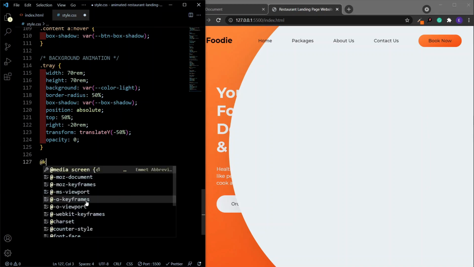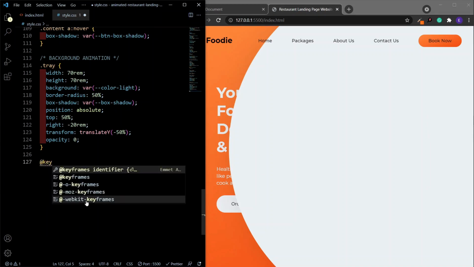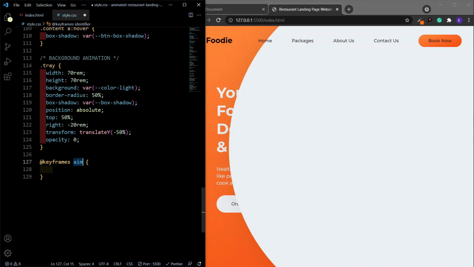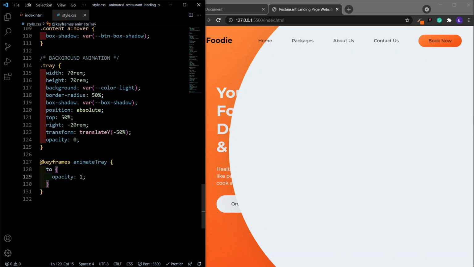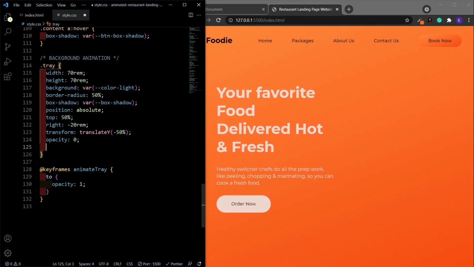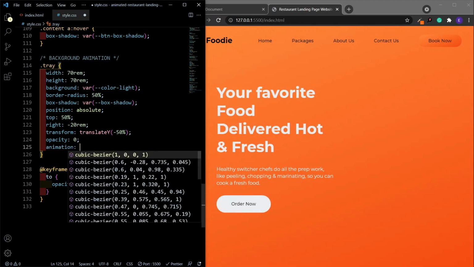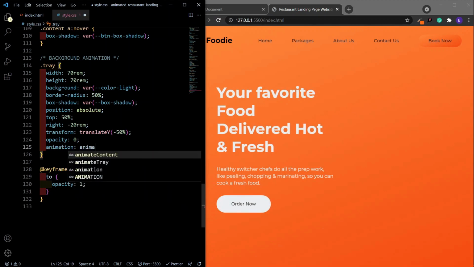Okay, so for that, keyframes, animate tray, and then it's going to go to an opacity of 1. Okay, all right, so animate tray,